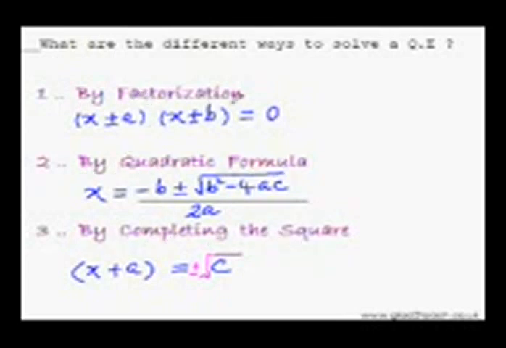Now the problem is that every method has its advantages and disadvantages. Like for example, factorization method is supposed to be the fastest method of solving a quadratic equation, but it is not able to solve all kinds of quadratic equation. This method will not work at all if the quadratic equation has conjugate pair irrational roots. Let's say if the roots of the quadratic equation are like that: x equal to 2 plus minus 2 root 3. Then you can never solve that equation using this method, and you'll end up wasting a lot of time trying to solve that equation with this method.